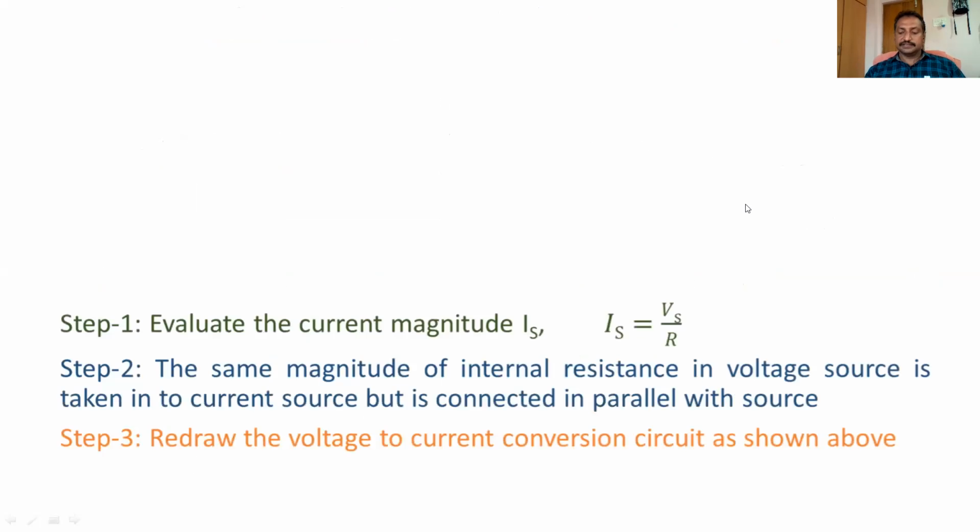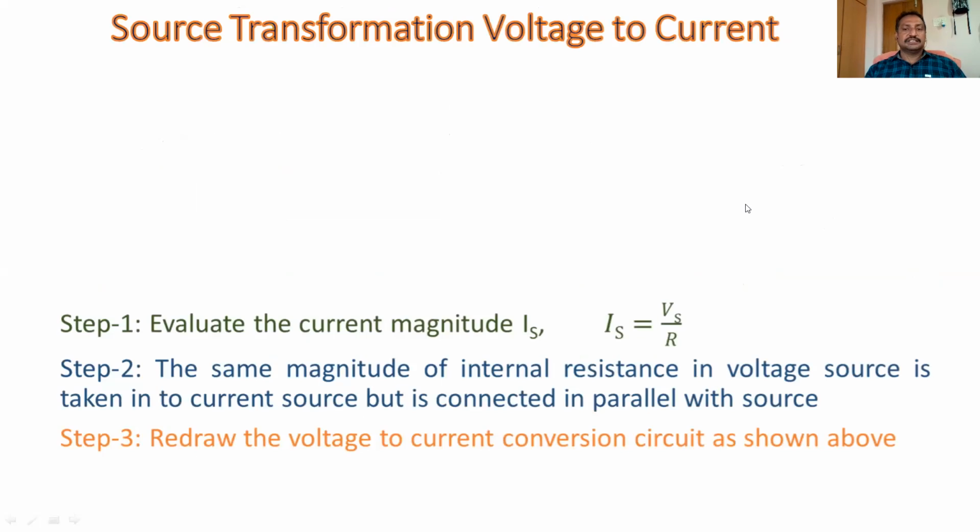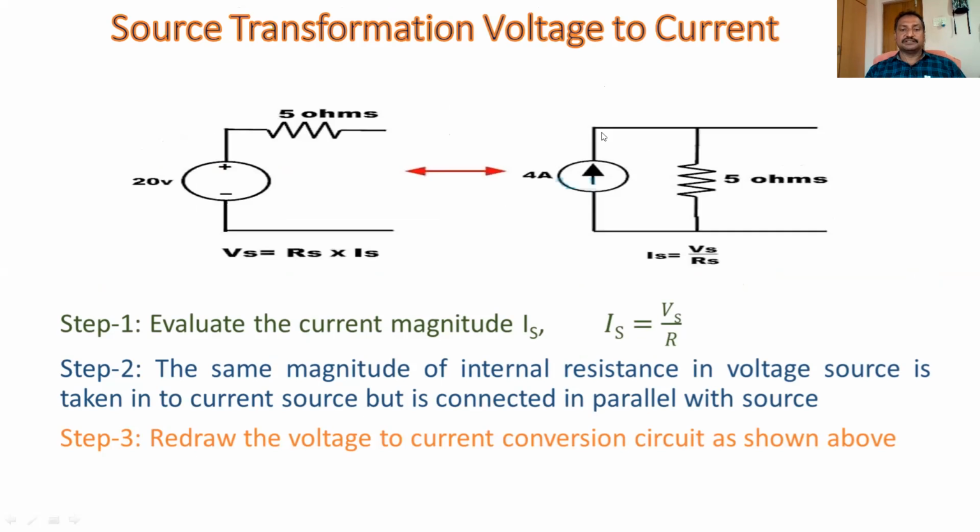I is load current. Then we'll come back to this transformation of the sources. So first we consider voltage to current source transformation. See here, this is represented as a voltage source. Already I told you, voltage source always contains internal resistance. But in this figure, we consider the practical values: 20 volts of source and 5 ohms of internal resistance. Therefore, Vs is equal to